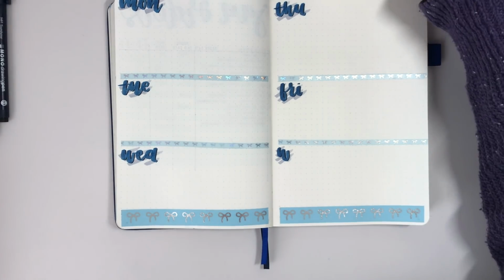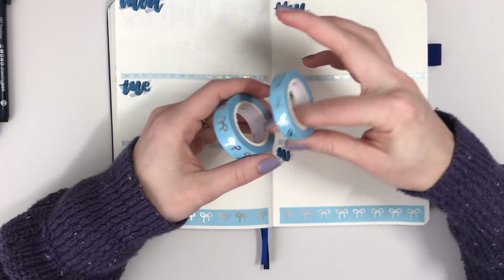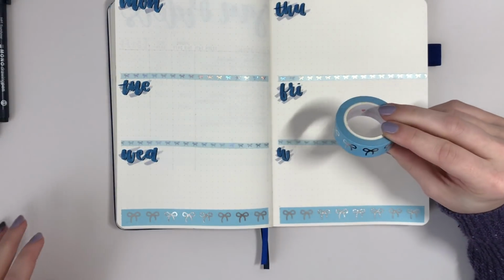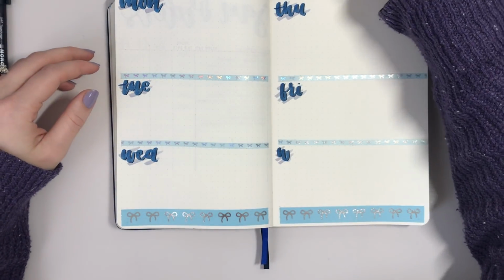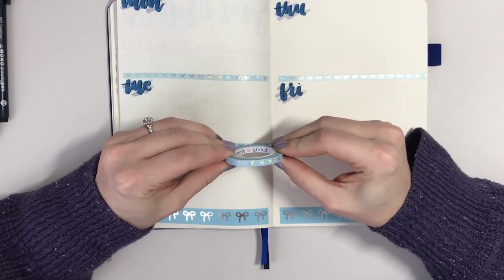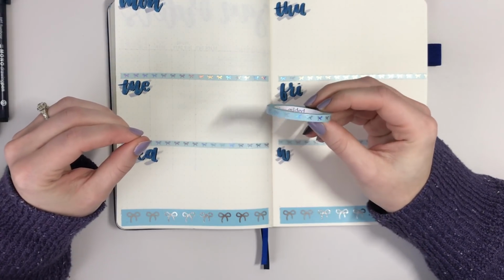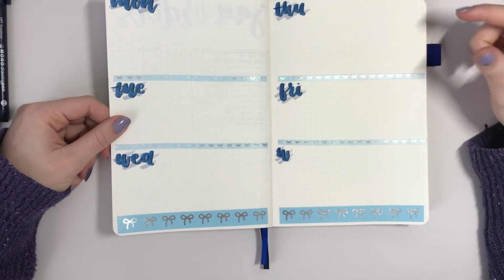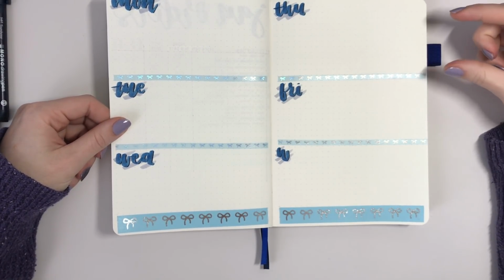I used some washi tape from Simply Gilded. I used this, it's kind of like a robin's egg type color, and then I used this really light blue with the holographic. So those are both from Simply Gilded. Each of these spaces is 11